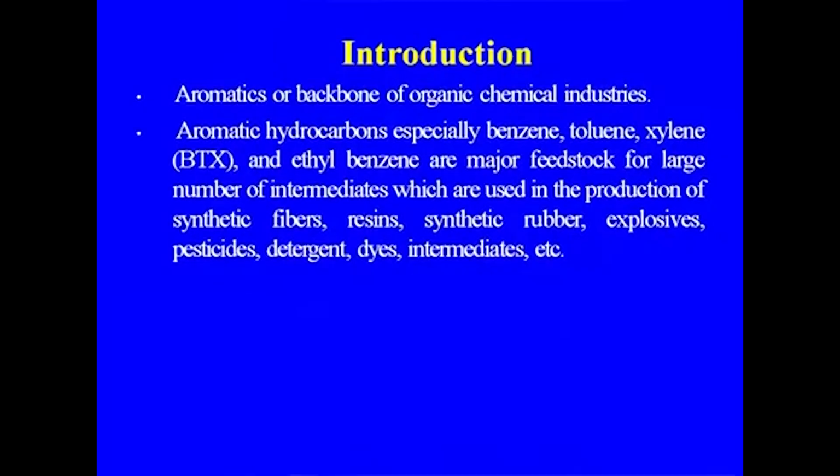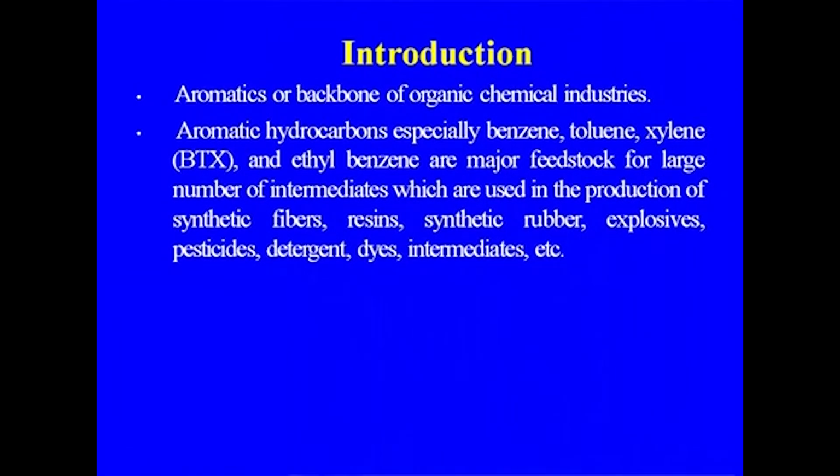Earlier it was the naphthalene route, which was produced from the coke oven plant. So this is how the importance of the aromatics has been big, but the availability of the aromatics became more only after the coming of catalytic reforming, because the requirement of the aromatics is huge. If you see the product profile of aromatics, the aromatic hydrocarbons, especially benzene, toluene, xylene, BTX